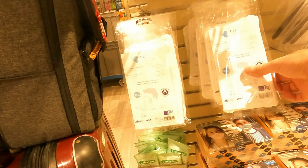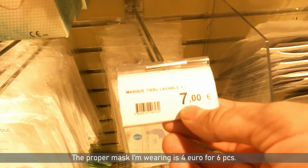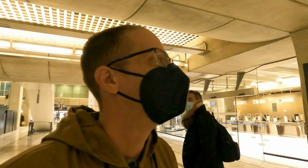Still have to wear a jacket, and also a mask here, but it keeps fogging up my glasses. I have an idea. I need a cheap mask that doesn't work, so the hot air can go around it. Let's find a non-working mask. €7 for 3 masks? What the? So I'll find a cheaper one. I'm not going to pay €7